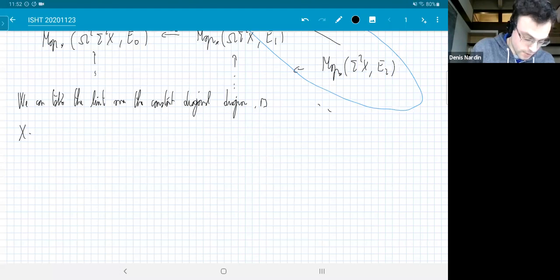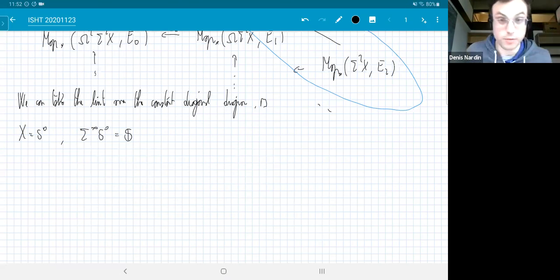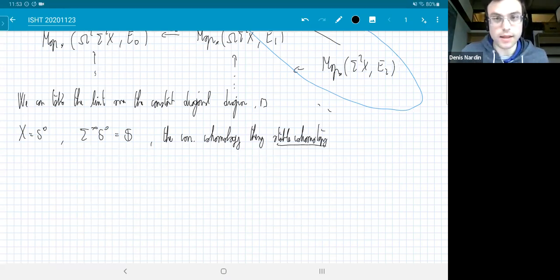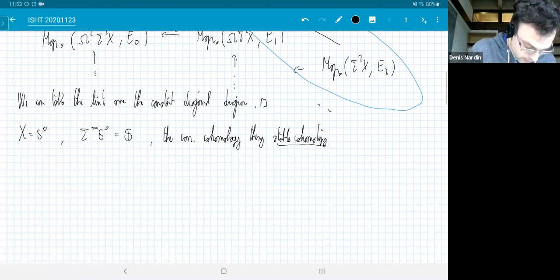If you take X to be S0, the spectrum sigma infinity S0 is what's called the sphere spectrum. It's a very important spectrum. Its homotopy groups are the stable homotopy groups of spheres. Then the corresponding cohomology theory is called stable cohomotopy. And it's pi upper S, upper star of a space Y is